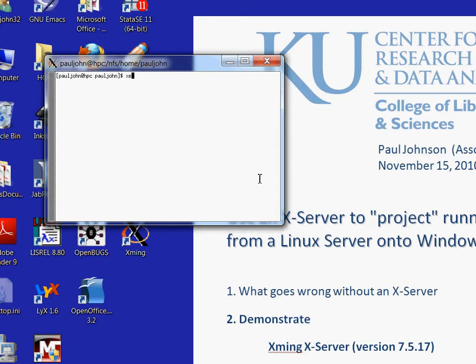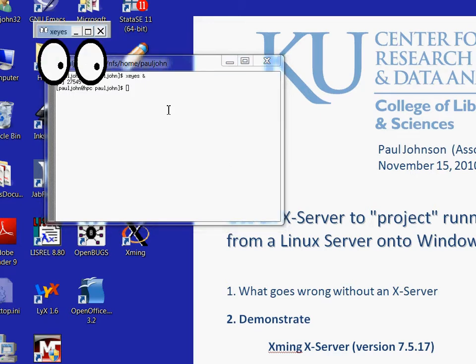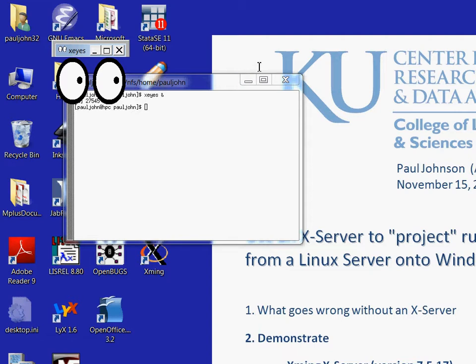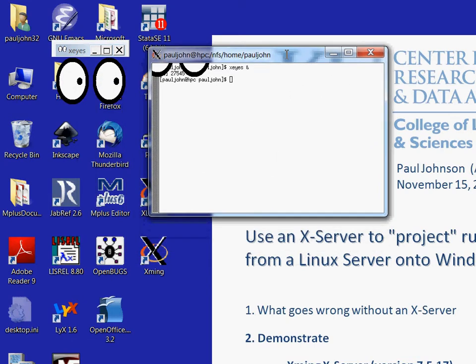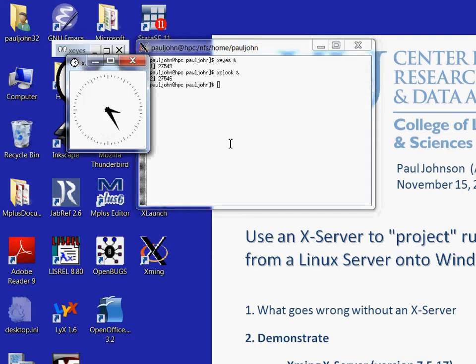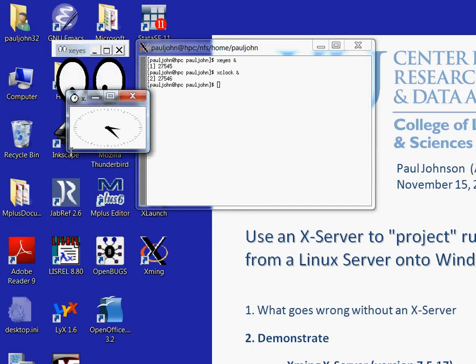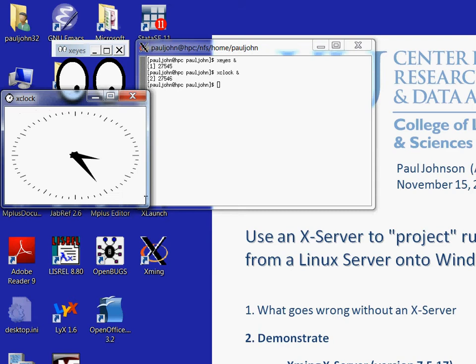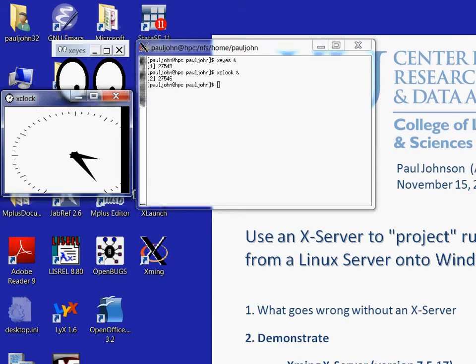So for example, xeyes is the xeyes program. Notice that the xeyes is running on the remote system, but through the magic of the xserver, it's able to follow my mouse from one place to another. Maybe I'd like to know what time it is, so let's run xclock. Okay. And I can interact with that as if it were on my Windows system, but it's really running on